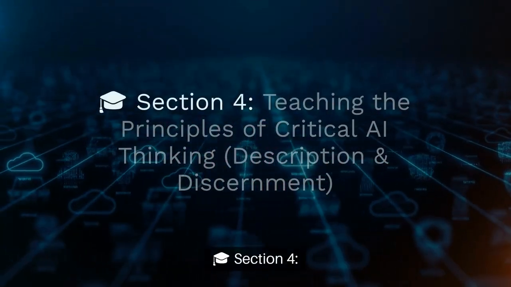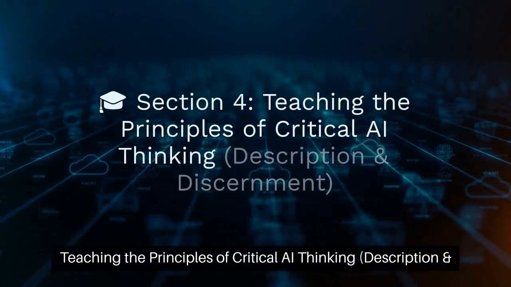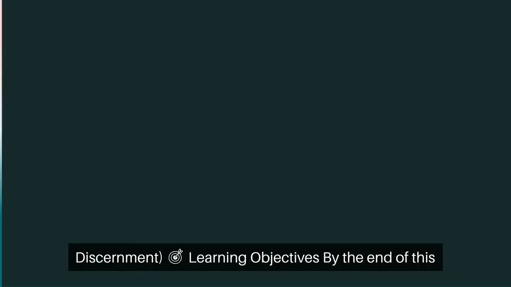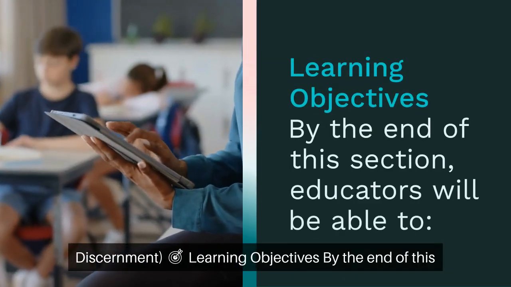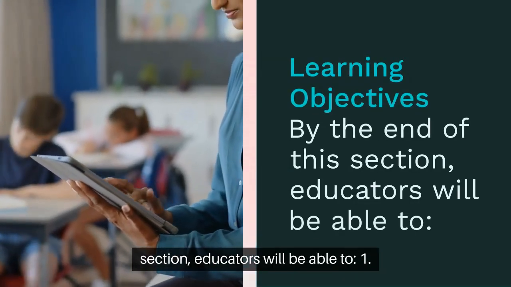Section 4. Teaching the principles of critical AI thinking, description and discernment. Learning objectives. By the end of this section, educators will be able to: